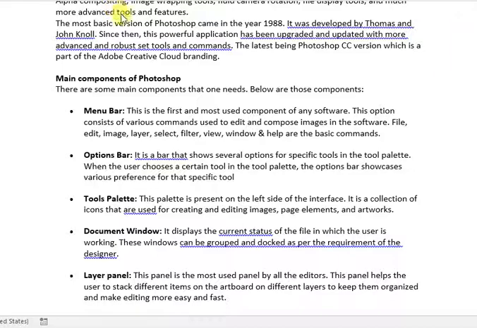Next one is the options bar. It is a horizontal bar that runs just under the menu bar in Photoshop. You can turn it on or off as per your requirement through the Windows menu.